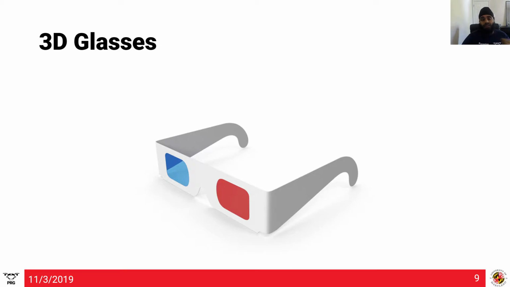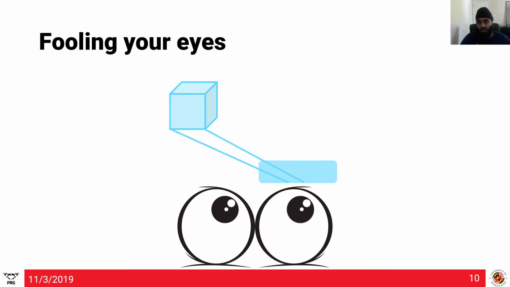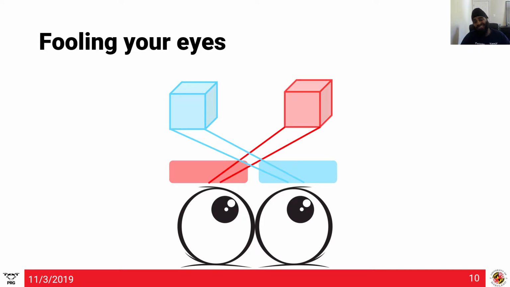So that's what we are trying to do. You have stereo vision, right? What you're going to do is, for your right eye you have a cyan filter, so you're only going to see the cyan part, which you have shifted towards the left, and you have another red filter which you have shifted a little to the right. Then